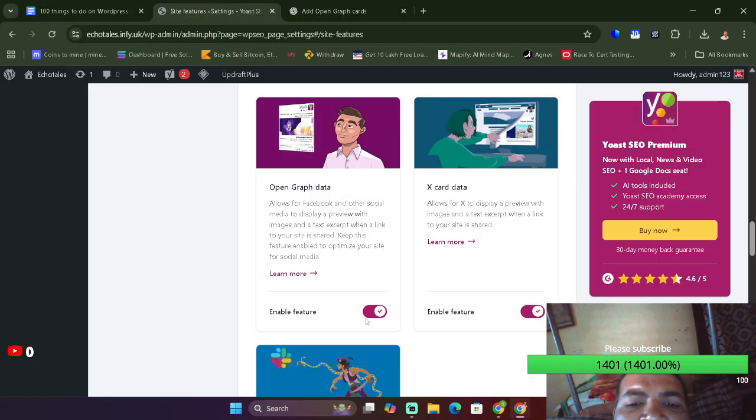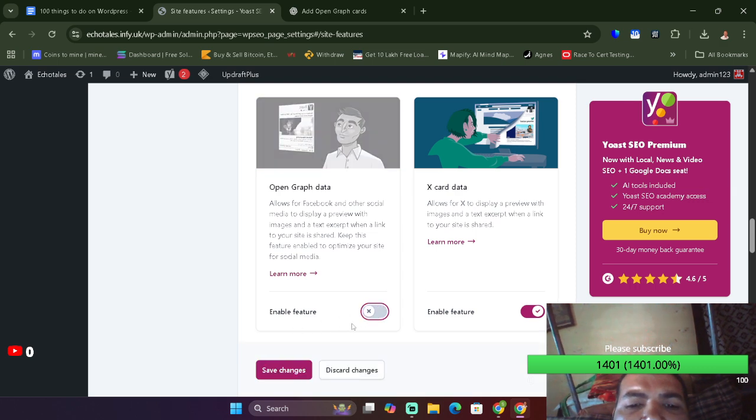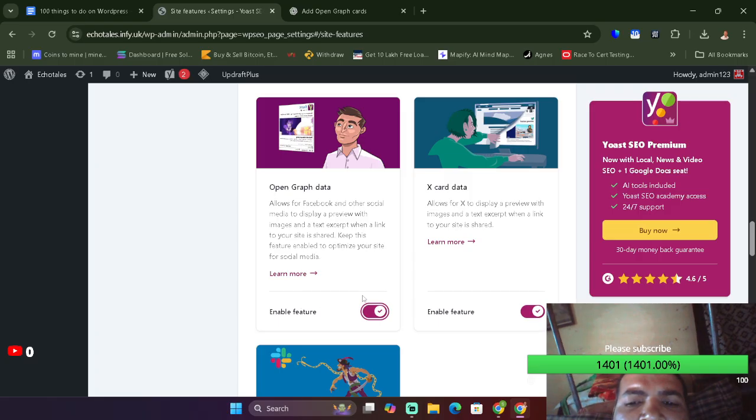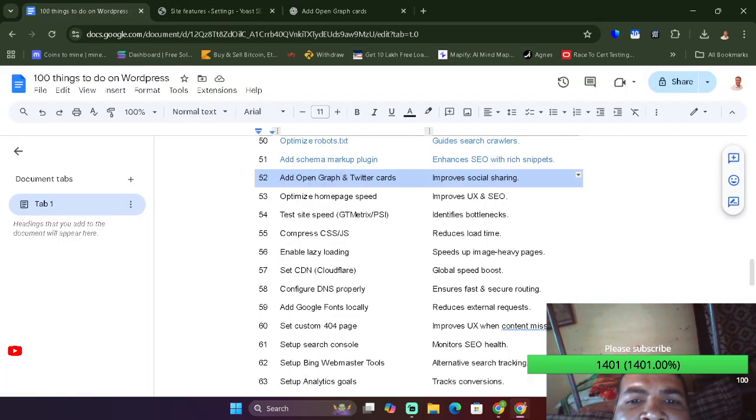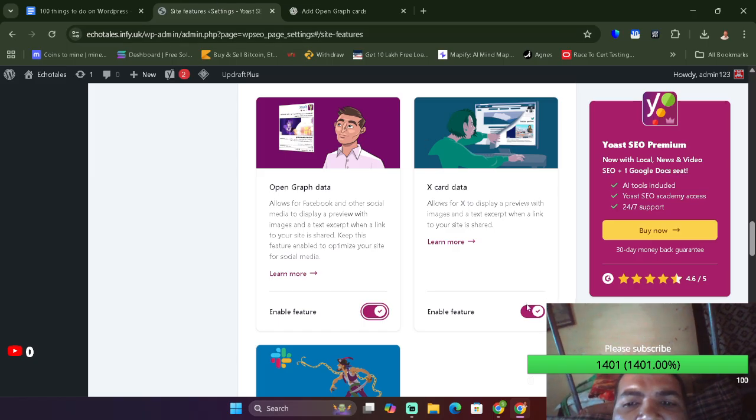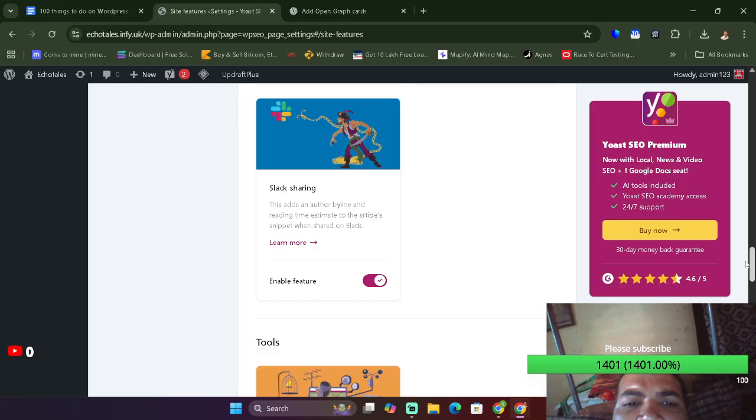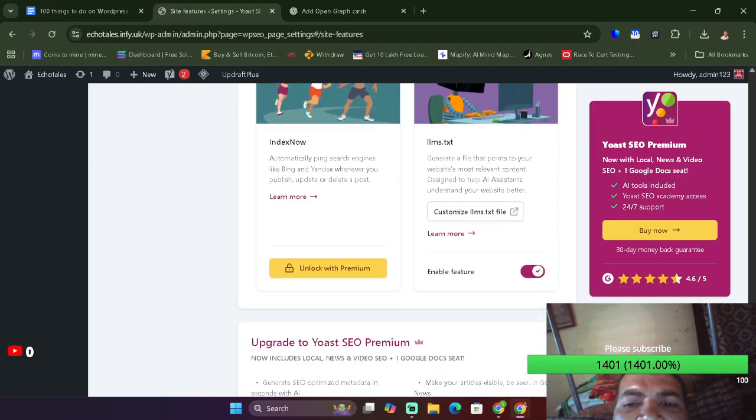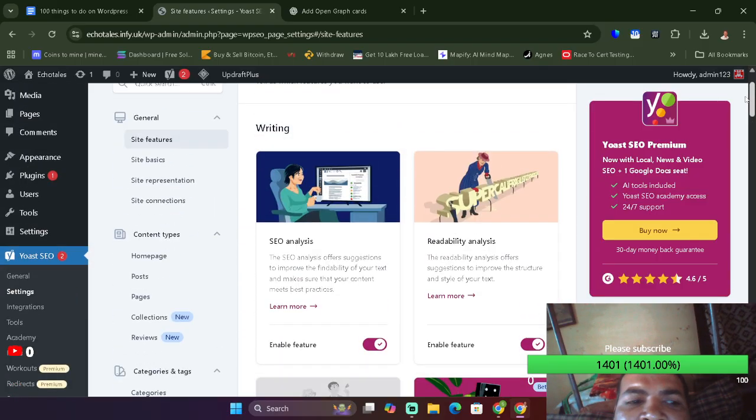By default, if this is like this, go ahead and enable the feature, and the same goes with the card, which is Twitter cards. It allows X to display a preview with images and text excerpt when a link to your site is shared. Enable this feature as well, and then save changes. Mine is enabled already, so I won't be making any changes, but this is where you enable it. It is under settings, site features. Okay,